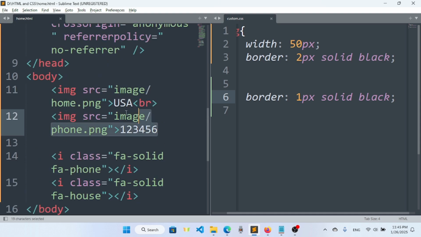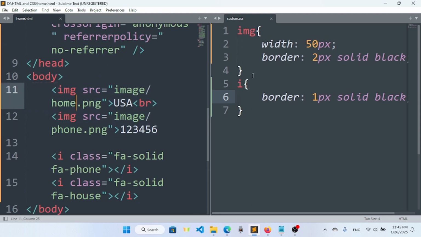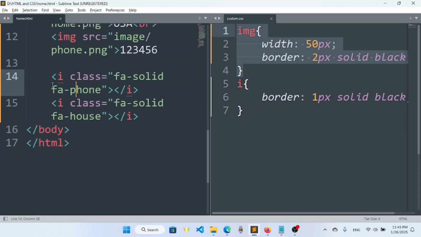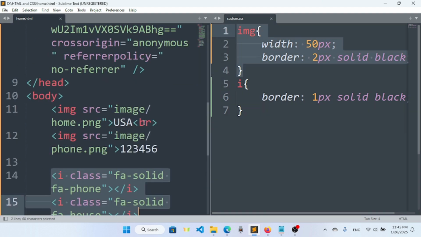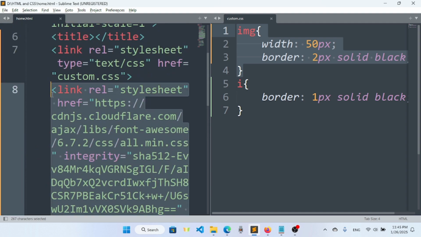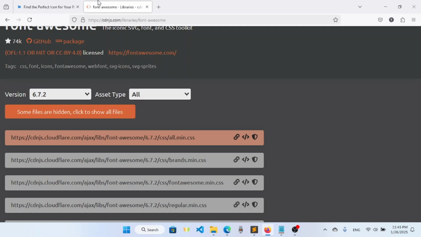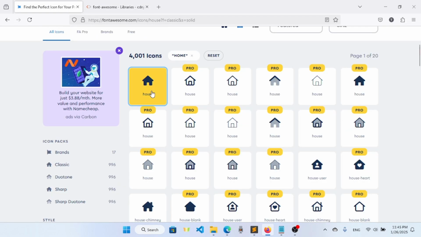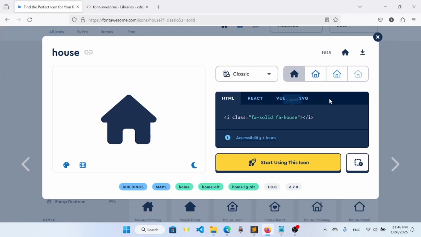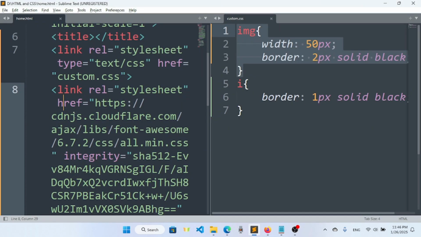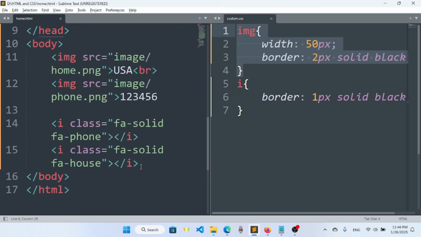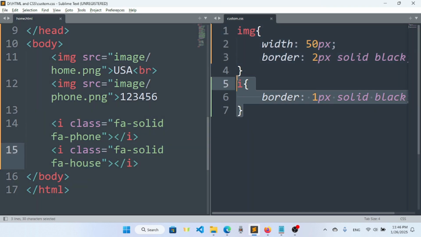So the first one is you have to download images and then you have to do CSS for them, as you can see here. On the other hand, you don't need to download anything. You just have to copy the CDN link of Font Awesome, and then you just have to go to the Font Awesome website, and here you need to click the icon and you just have to copy the icon, right? So just copy it and paste it inside the text editor, so inside the code editor. That's it. And you can do CSS also,